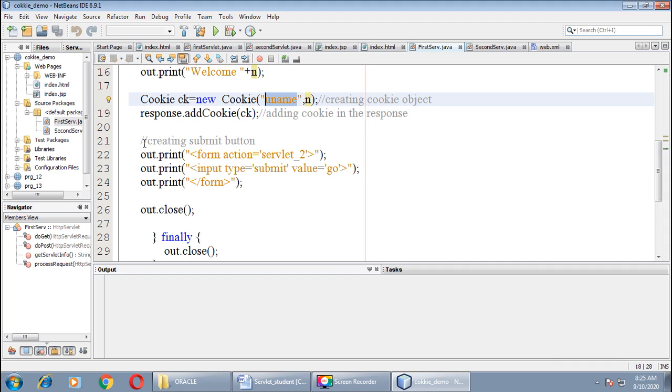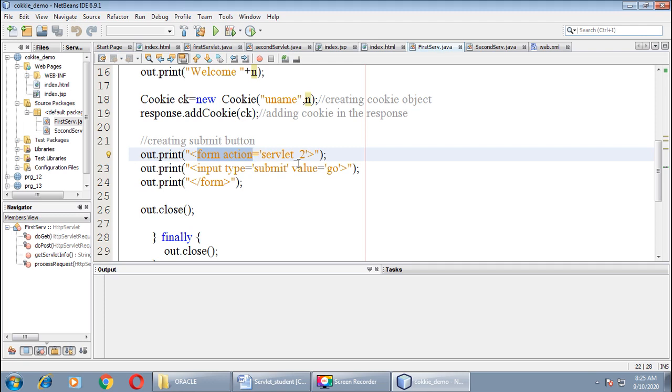Out.println, here what we are going to do is create a submit button on our same servlet page. For that we have to enclose all the HTML tags in the out.println method. Form action is servlet2. I want to execute the second servlet from this page, that's why I am writing form action equals servlet2.